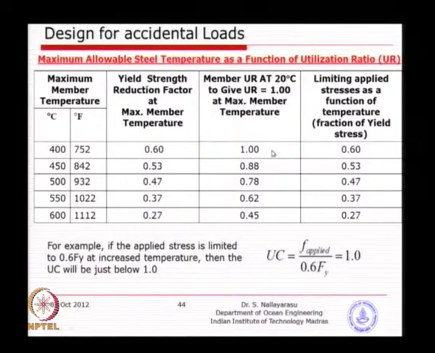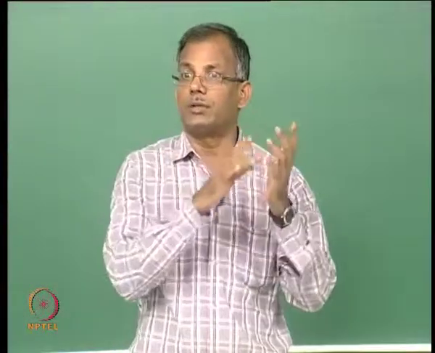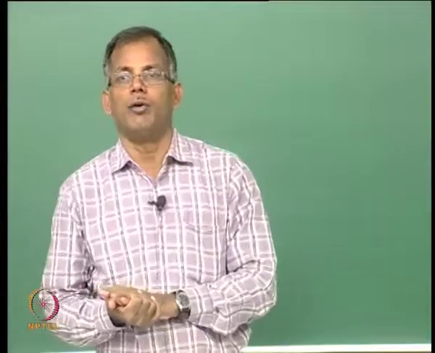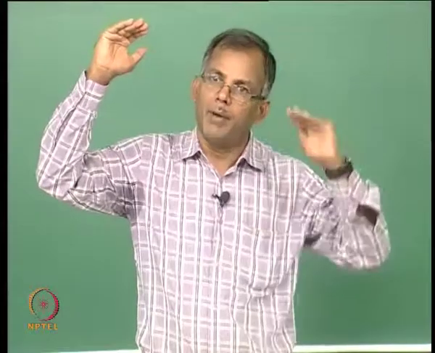So, at 20 degrees, if there is no temperature change, then unity check is 1, which is normal design. But when you have a 400 degrees increase, the yield strength is reduced by 60%, and as long as you correspondingly reduce your applied stress to 60%, then the unity check will remain the same, because ultimately we want to maintain the unity check less than 1, so that the demand versus capacity is satisfied and the structure does not show a failure case. So, that is the ultimate aim of the design. As long as you keep the temperature higher, keep the applied stresses lower.